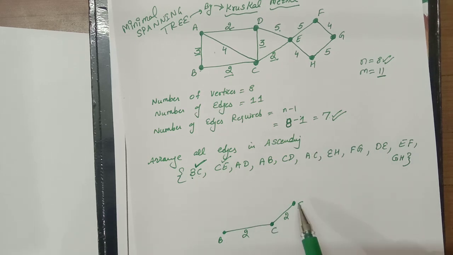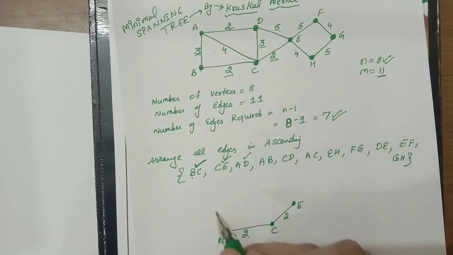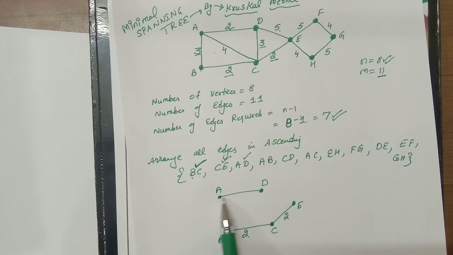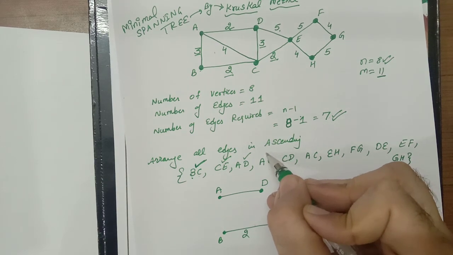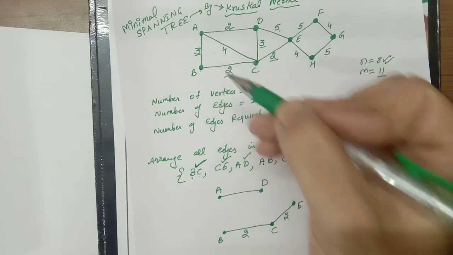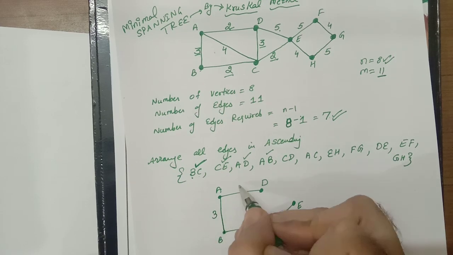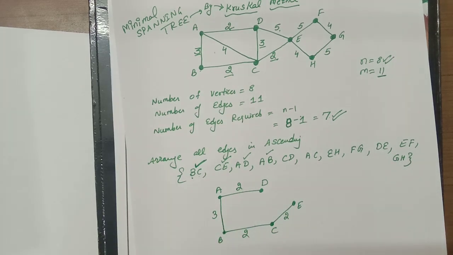Now I have taken 2 edges. Now third one is AD. Again I can take AD also, because after inserting AD there will be no cycle, right? Graph may be disconnected in between, but the final graph is always connected. That's not a problem, because in subsequent step it will automatically connect. Now after that, fourth edge is my AB. Now AB has weight 3. If I take AB, again no cycle will be formed, so I can also take AB. So till now I have taken 4 edges and I have to take 3 more edges.